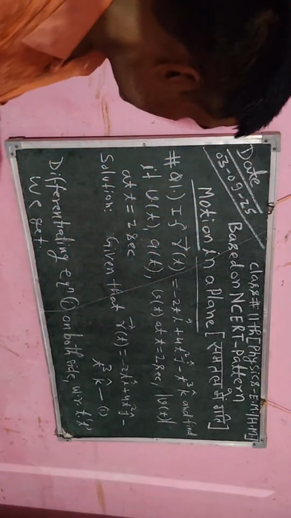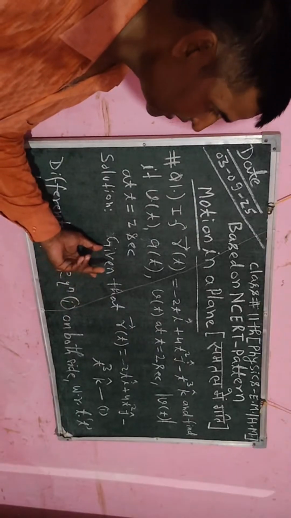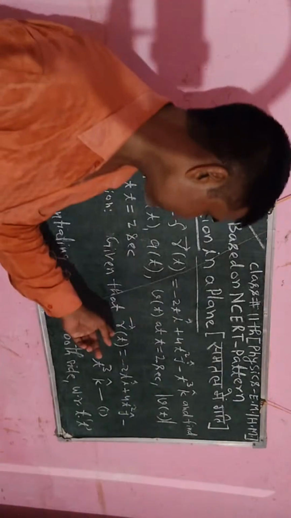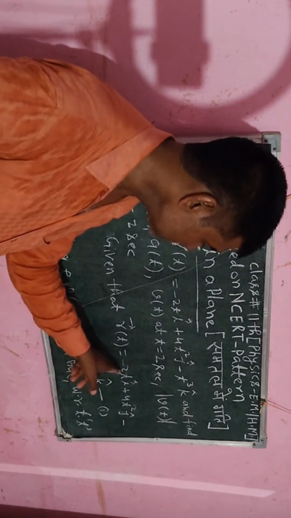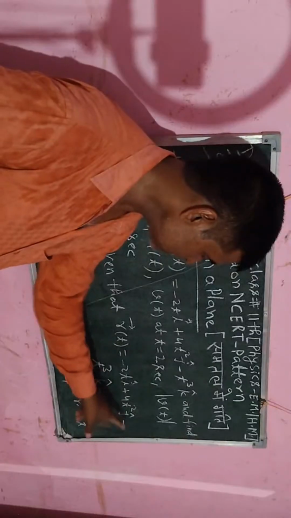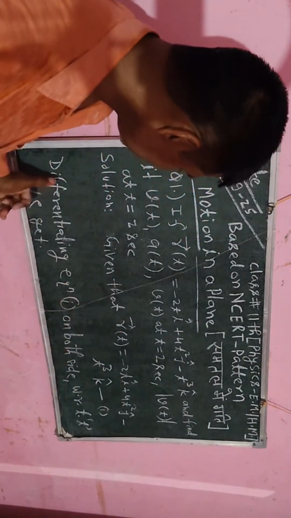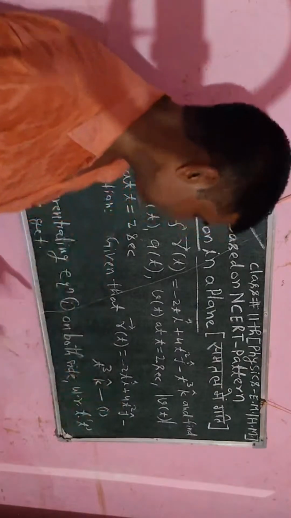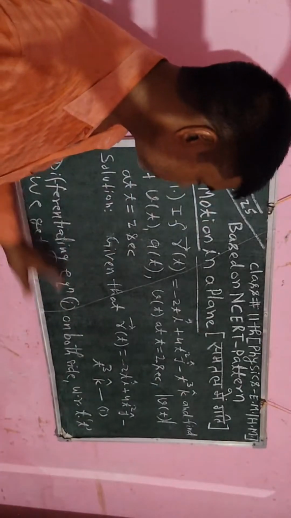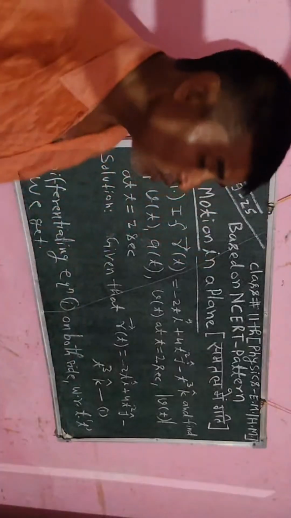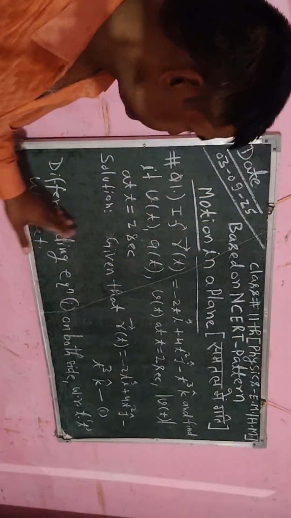यहाँ पर हमने एक वेक्टर लिया है, वो वेक्टर आर है, जो हमने यहाँ लिखा है। गिवन दैट का हिंदी होता है दिया है। ये वेक्टर आर टी के फंक्शन के फॉर्म में है, फंक्शन का हिंदी होता है फलन, ये जो होता है -t वेक्टर आई कैप प्लस 4t स्क्वायर वेक्टर जे कैप माइनस t स्क्वायर वेक्टर के कैप। ये वेक्टर दिया गया। उसके बाद हमने इसको इक्वेशन नंबर 1 लिखा है। डिफरेंशिएट करने का मतलब होता है अवकलन करना। इक्वेशन का मतलब समीकरण होता है। समीकरण 1 के दोनों साइड में टी के रिस्पेक्ट में हम अवकलन करेंगे। अवकलन करने के बाद हम एक्सप्रेशन पाएंगे, इसीलिए हम पाते हैं। ओके स्टूडेंट।